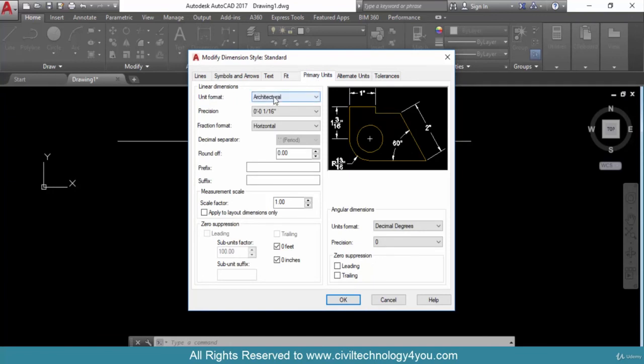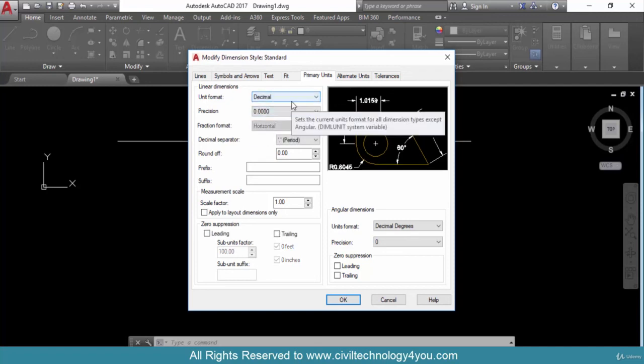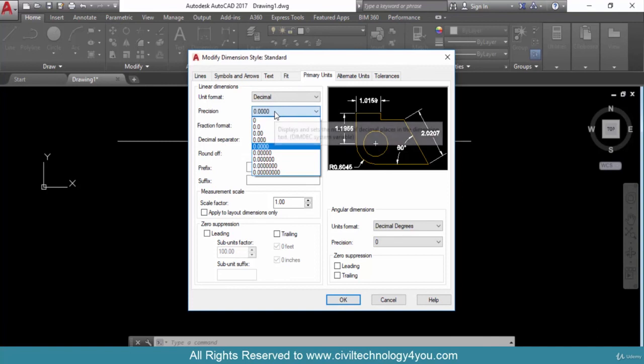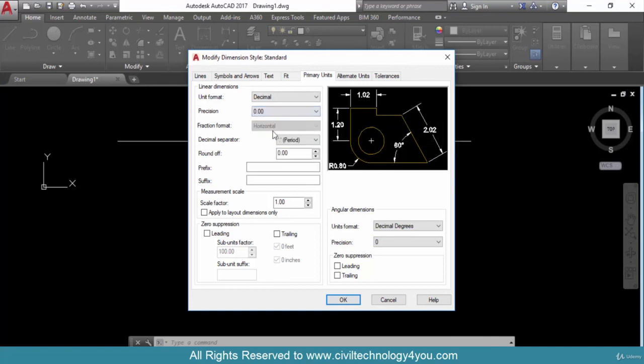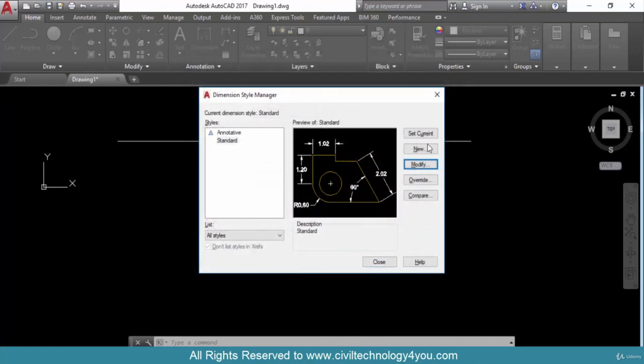From here I will choose what I chose for drawing units. So here I will choose decimal, and I have already explained what architectural, decimal and engineering are. So from here decimal, and I will choose precision as 2 places, and then I will press OK. Now you can look closely.